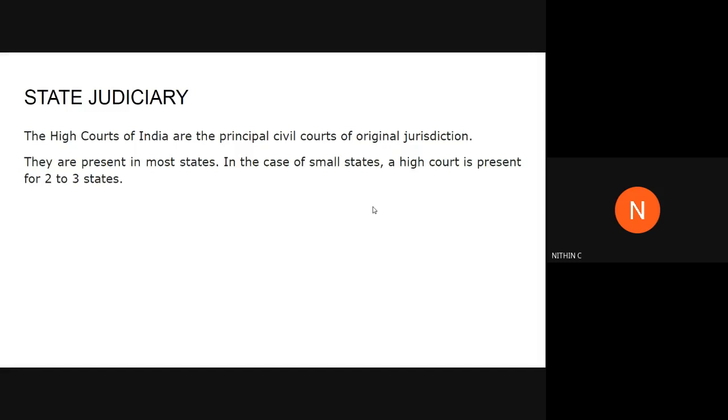Okay, next we are going to deal with the state judiciary. We discussed the union judiciary, and the same differences do not come up in the state judiciary, except certain terms. There, the Supreme Court was the supreme law-ensuring body, not law-making. Similarly, as far as the state is concerned, the High Court will have the supreme power as far as state jurisdiction is concerned.